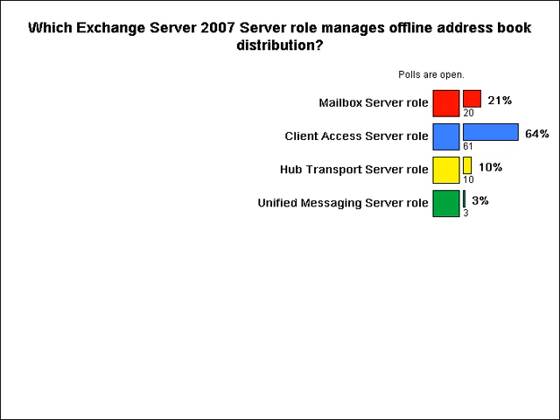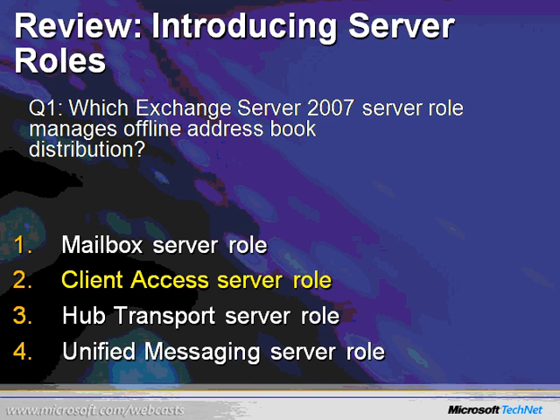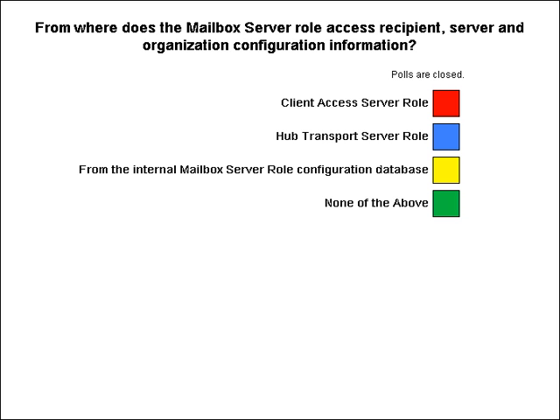69 or 64% now are getting this correct. It is the client access server role, right? It's the CAS that manages that offline address book. So if you remember when I was in the demo, I went to the client access server role, and that's where I saw configuration parameters as it related to offline address book. Right? So please remember that. The answer is the client access server role. If we take a look at the next question,